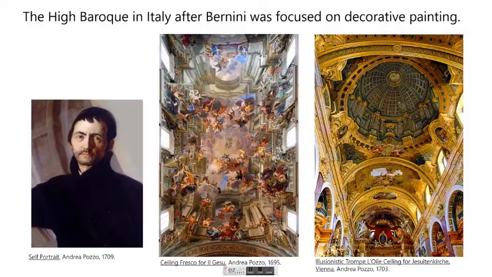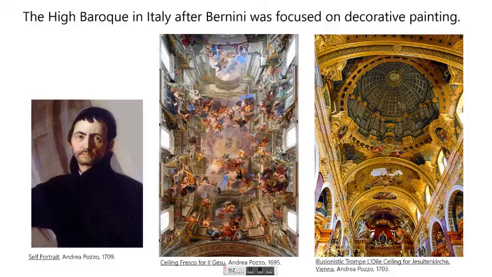At the same time, I want to talk about what was going on in Italy. The last time we talked about Italy with the Baroque, we were talking about Gentileschi and the influence of Carracci and Caravaggio. But there were things going on in Italy, and probably no one represents that better than this artist, Andrea Pozzo, who didn't make a lot of works of art because he was an artist second and a brother, a monk first. But he was an artist and very much a very influential writer and thinker about art.